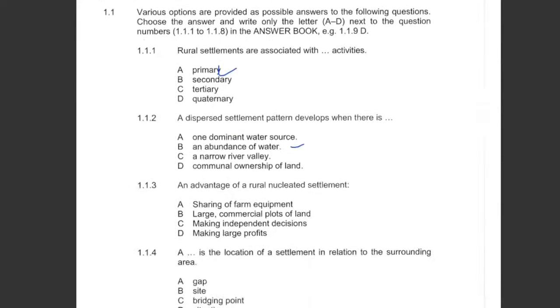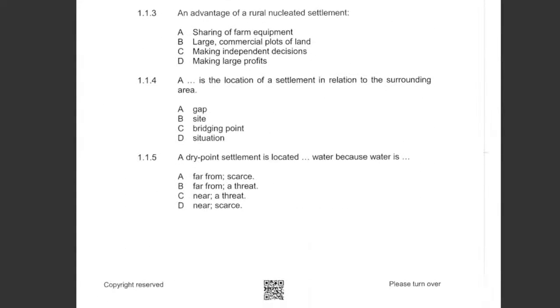Okay. Then we go to the next question that says, an advantage of rural nucleated settlement. Advantage of rural nucleated settlement is which one? Advantages of rural nucleated settlement. I'm looking at C as the best option. A dash is the location of the settlement in relation to the surrounding area, and I'm looking at D as